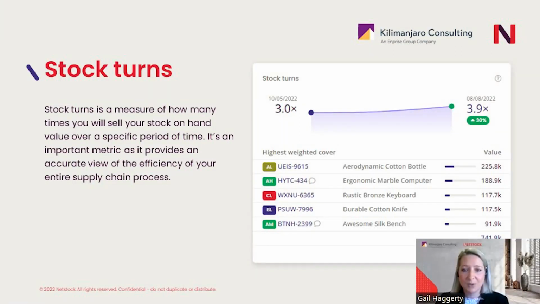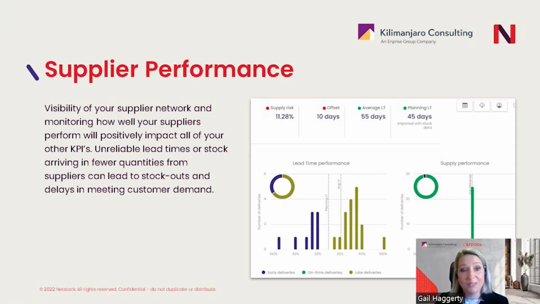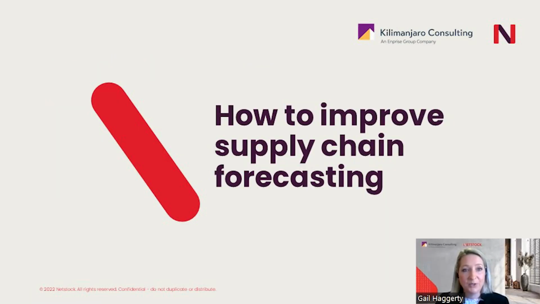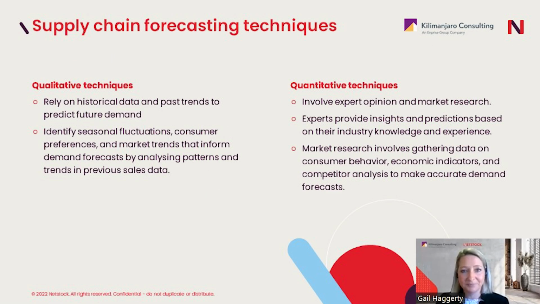Which of course leads me to our fourth KPI, supplier performance. The net stock measures the purchase history to calculate supplier risk. We measure the average lead time versus the planned lead time, and if your supplier has delivered in full or not. And from here, we use this to help calculate a dynamic risk profile for each item, for each supplier in each location.